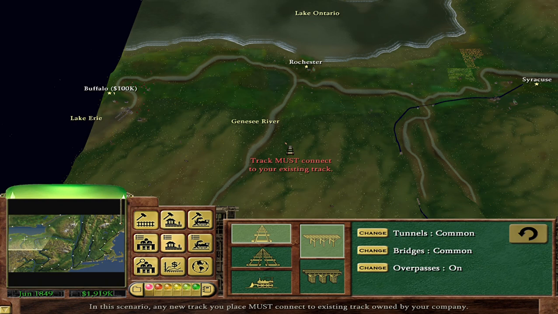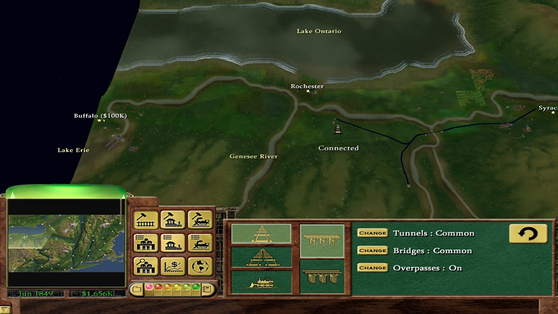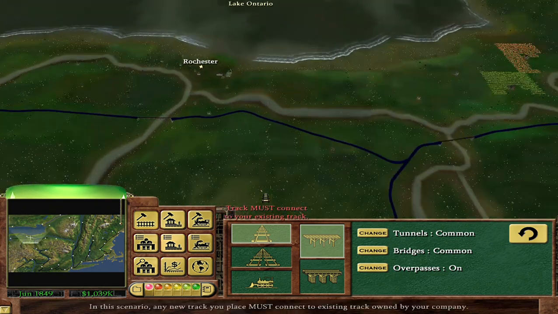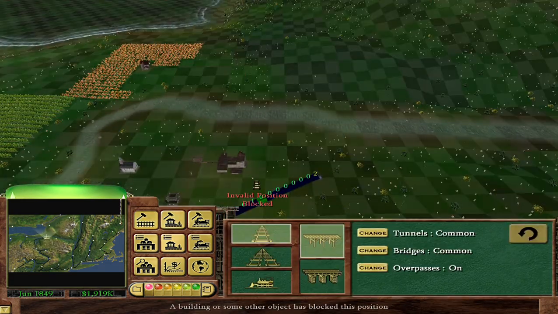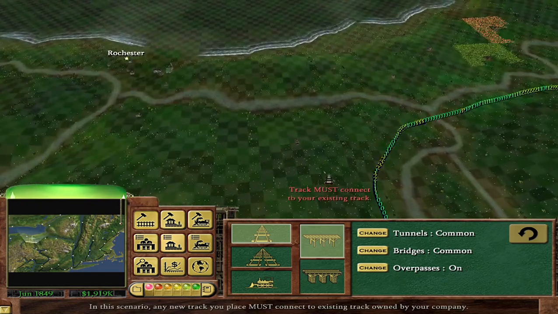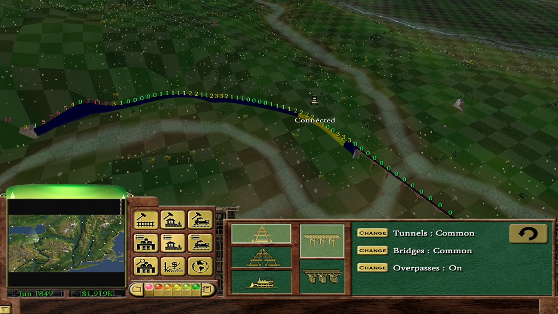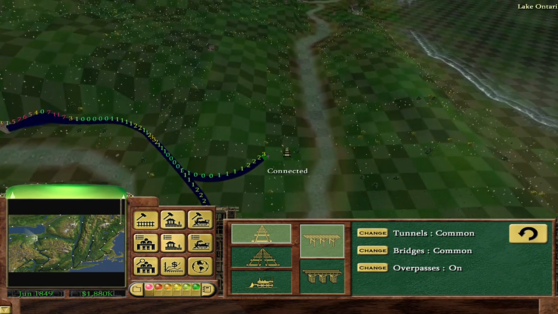I mean, if I were playing the scenario normally, I would probably have enough money right now to just simply build a ridiculous track like this. Actually, that's not actually that ridiculous. And just build a large station in Buffalo, and that would be game 1 gold medal. But of course, I'm not playing the scenario normally, so I'm not doing that. Instead, I will connect over to Rochester, and hopefully there's stuff in Rochester that means that connecting to Rochester is actually worthwhile. Obviously I've got to do it anyway, but...